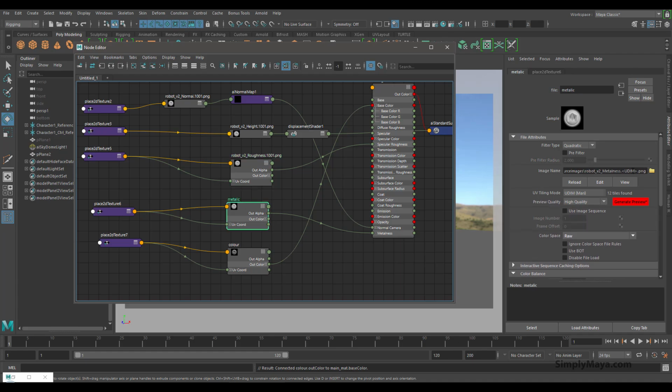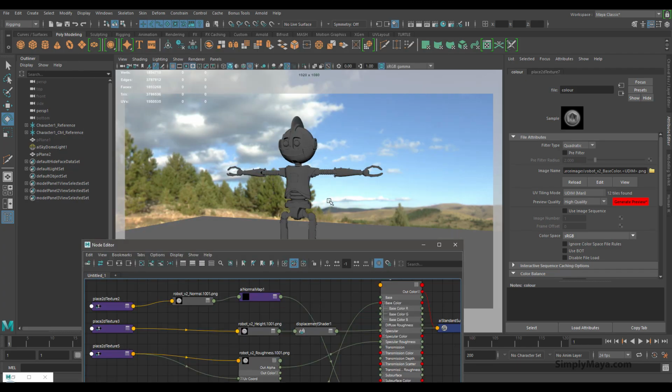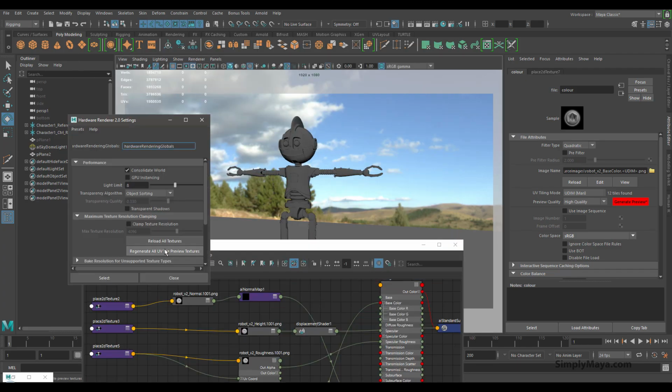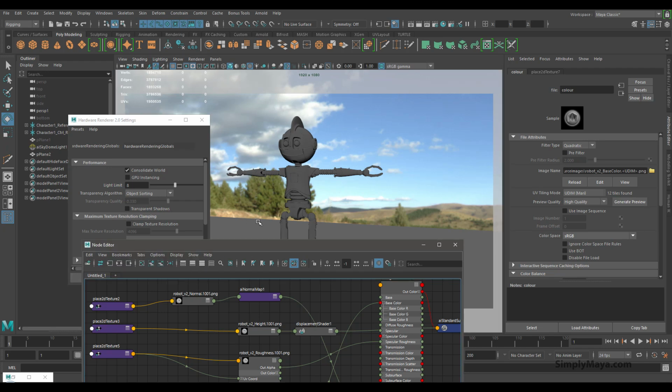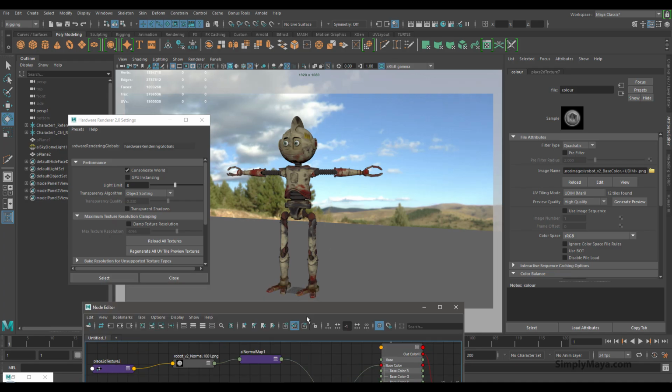Now let me just make sure we have these set to UDIM. We do. This one needs to be set to UDIM also, of course. And now we're going to generate a global preview. So render viewport 2 and regenerate all UV previews. Now this will take several seconds to maybe a minute because it's dealing with 12 patches and 5 separate file textures for those. And there you go, you can see in my Maya viewport a rough approximation of the textures